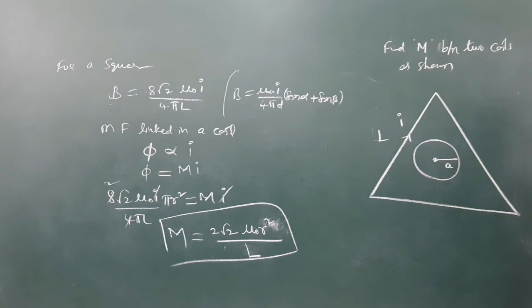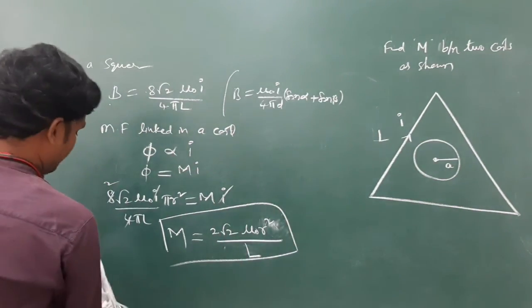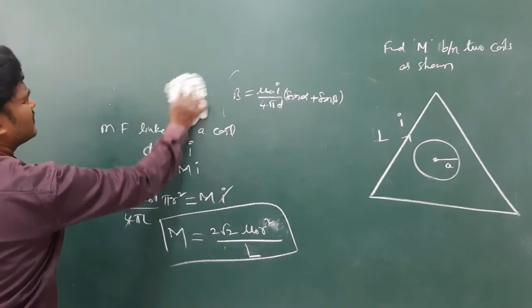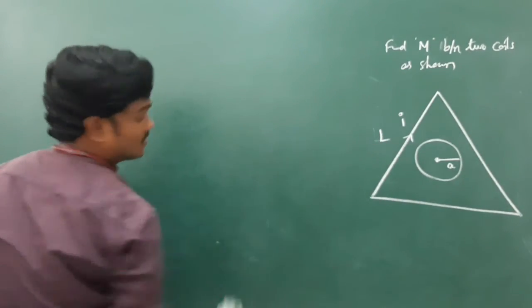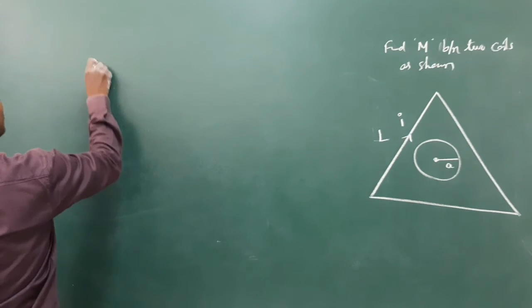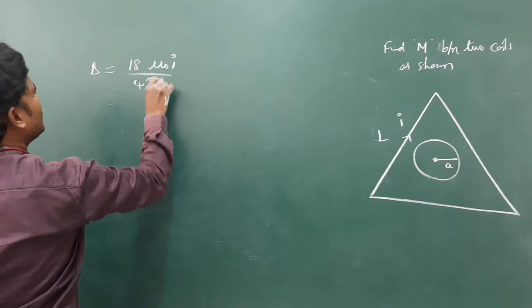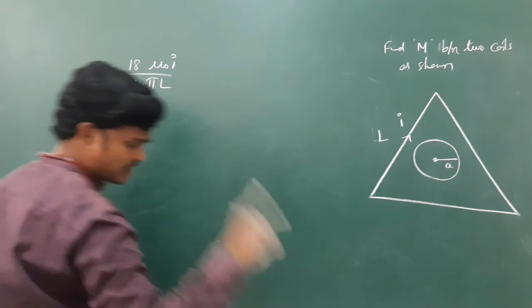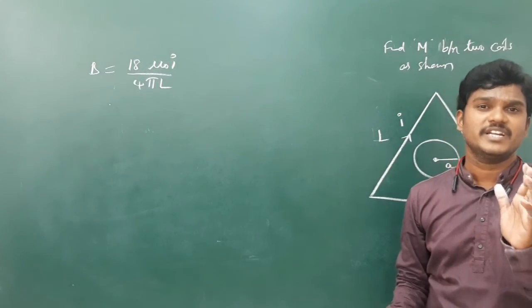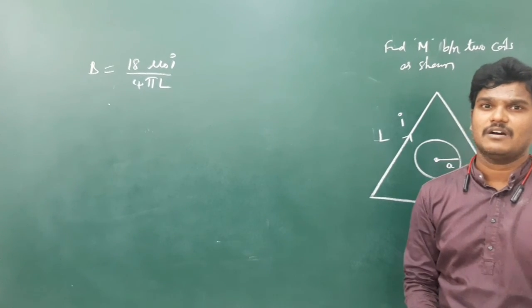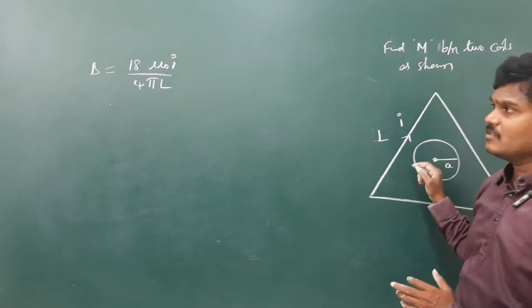18 mu naught I by 4 pi L formula. 18 mu naught I by 4 pi L. The field at the center formula is also possible by using this only. So I am writing the formula. Field at the center of the triangle is 18 mu naught I by 4 pi L. Recall this formula from moving charges and magnetism. Main formula is mu naught I by 4 pi D, sin alpha plus sin beta. Alpha and beta here will come some 30 degrees. Sorry, I think it is